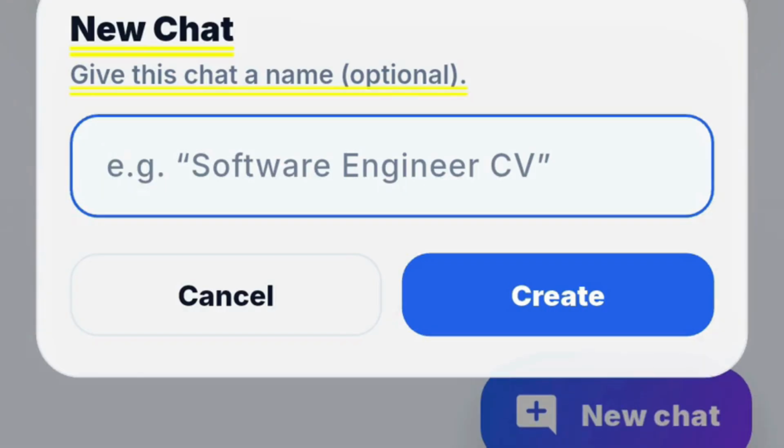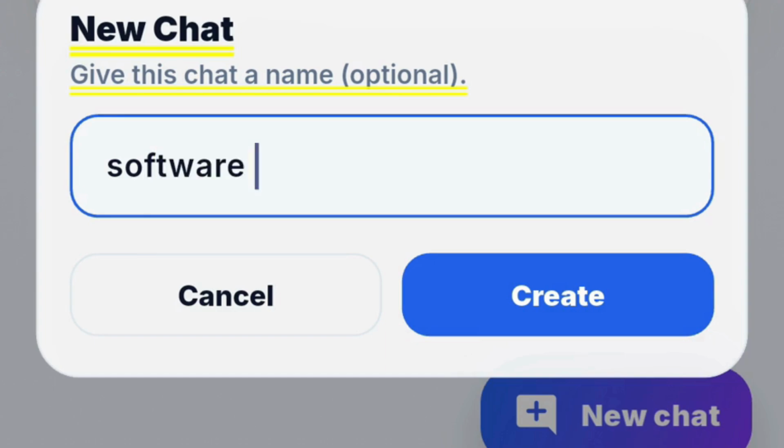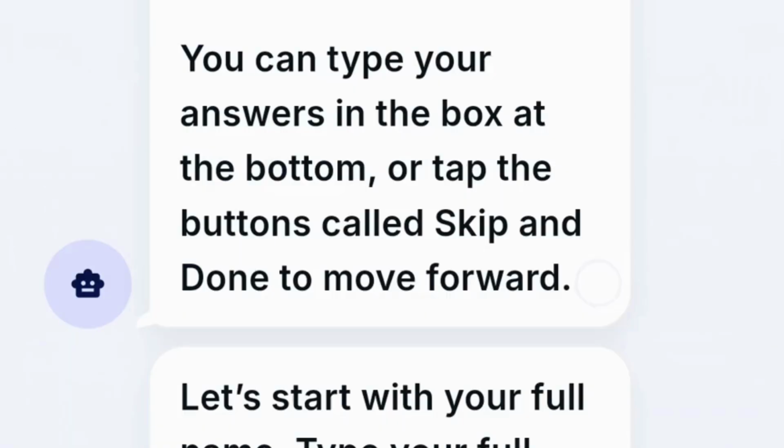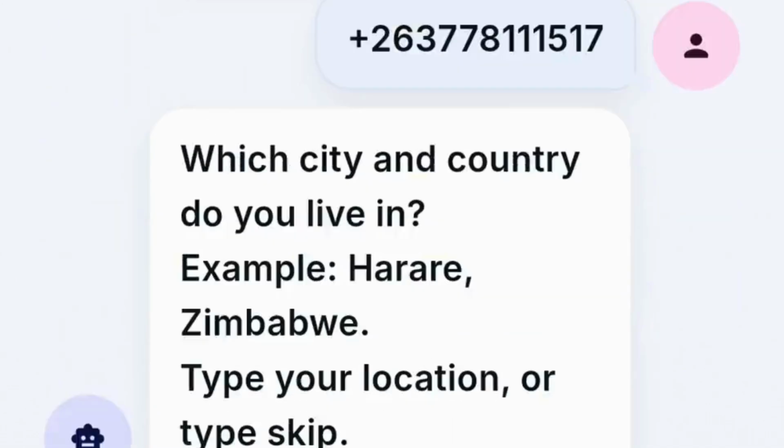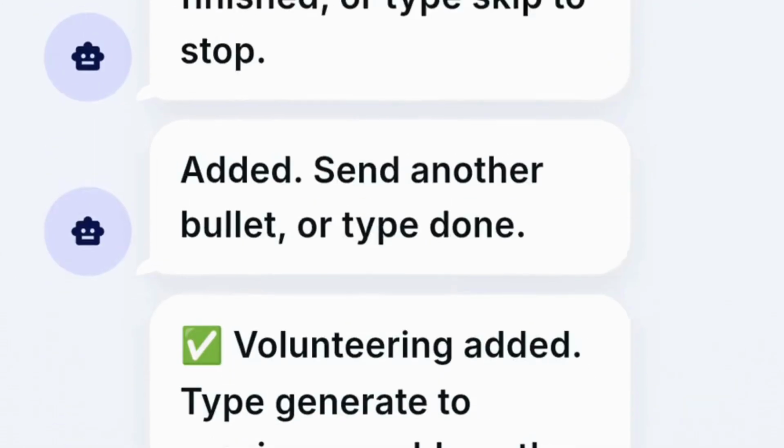So what do you want? You can create a new chart. Like if I click here, then I can say software engineer. I can create. This is the new chart. You see now it's empty, but that does not mean that the previous chart is lost. If I say switch chart, I can go here. Look at now. This is our previous chart. If I say preview,